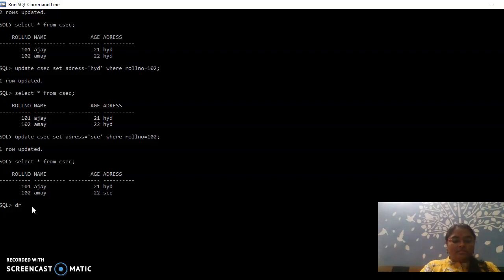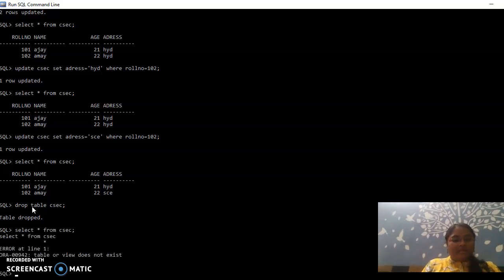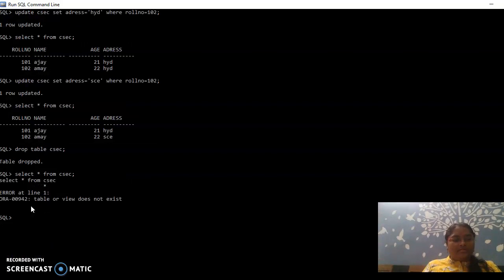So I can use drop table followed by CSCC. If I drop this, I cannot see the table anymore. So the table is dropped. Now if I write select star from CSCC, I cannot see the table. It says table or view does not exist. Okay, that's all.